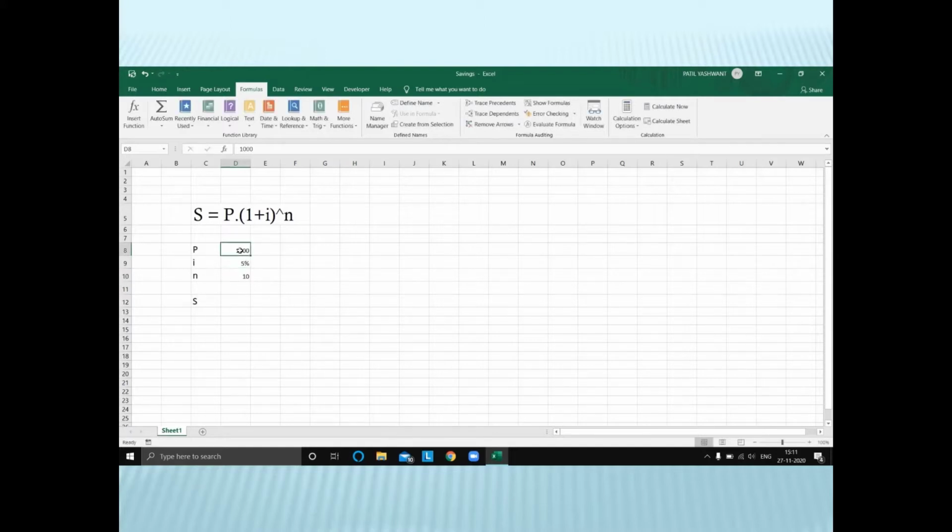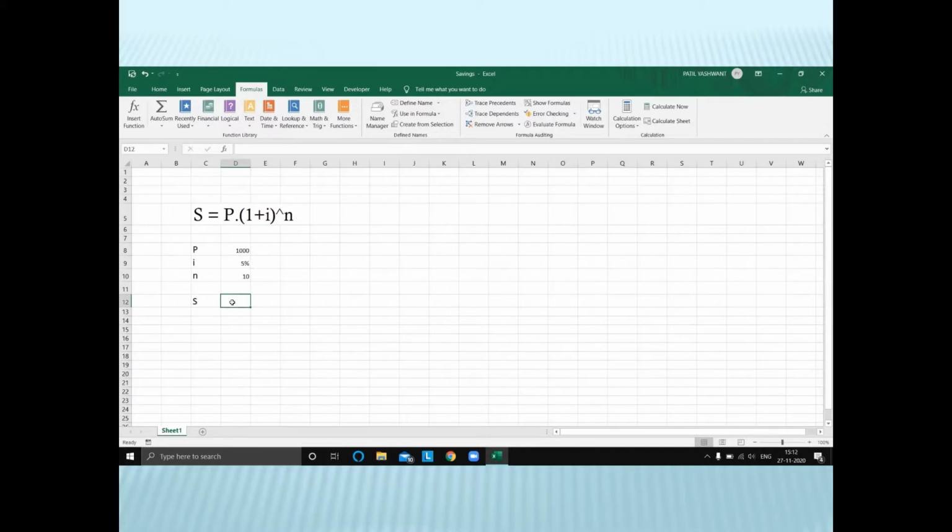If you want to find simple interest, we have to put the value of these constants. Instead, we can name this constant in the name box as capital P and then we can press enter. So if we can see, this name box is now named as capital P. Similarly, 5% we can name in the name box as I and enter. And then for number of years we can put a small n and press enter. Now you can see all these are named as variables. Now you can find the simple interest using this formula.